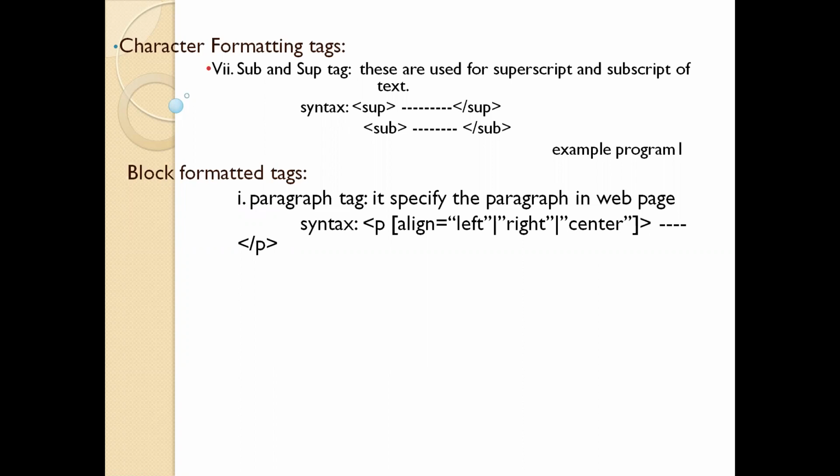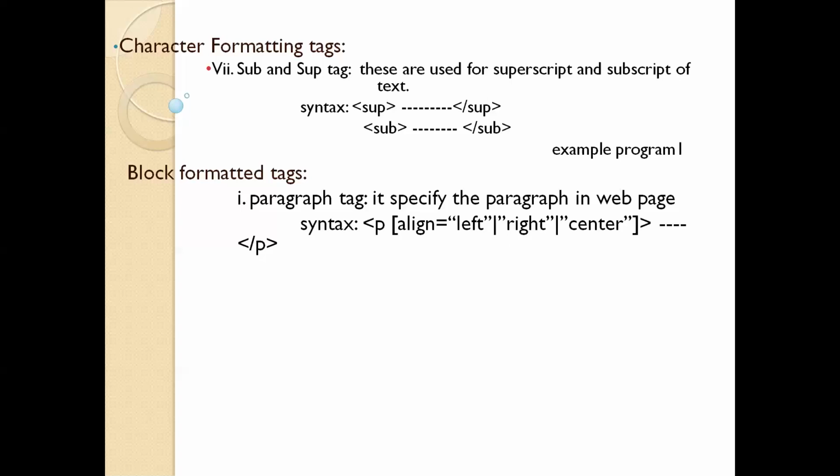If we want to apply something the way we want, we need to use the attributes. Otherwise, this paragraph tag will display the text as a paragraph on the web page with some default properties. So there is one attribute for this paragraph tag, which is represented in rectangular brackets. That means it is optional. We may or may not use it. There is no mandate of using this align attribute.